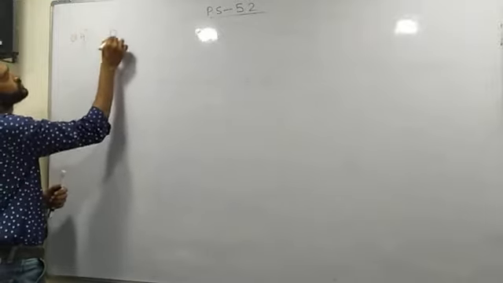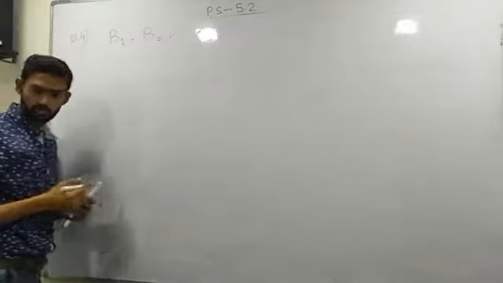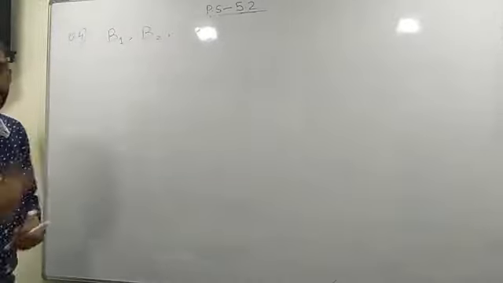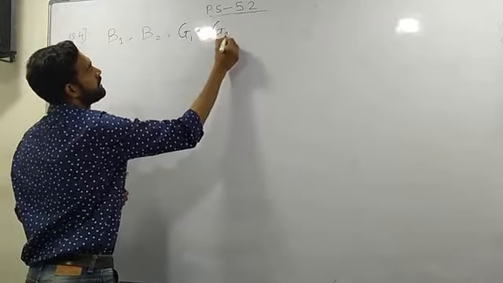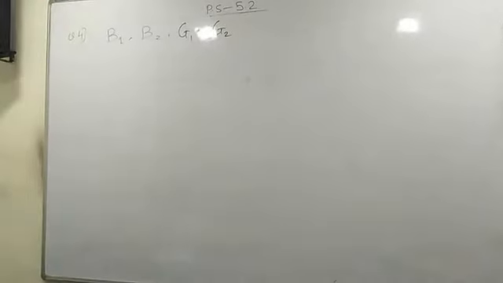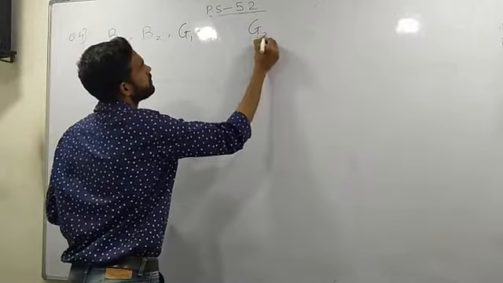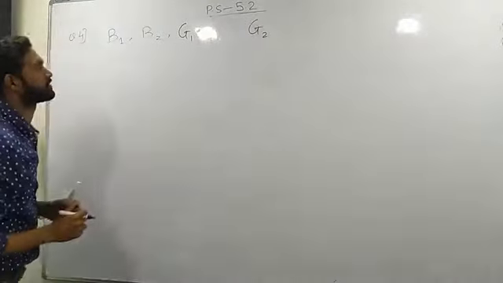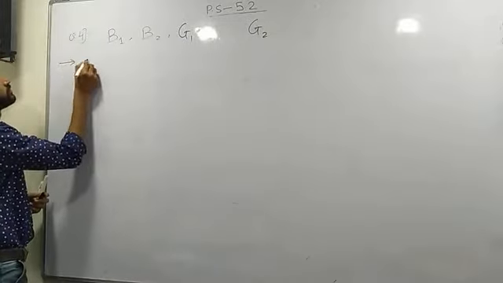What is given? 2 boys. So boy number 1 and boy number 2. Right? Now next one, how many girls? Again, 2 girls. So girl number 1 and girl number 2. So these are availabilities. Right? These things are available. 2 boys and 2 girls are available. Right students? 2 boys and 2 girls. Now let us start preparing the sample space.